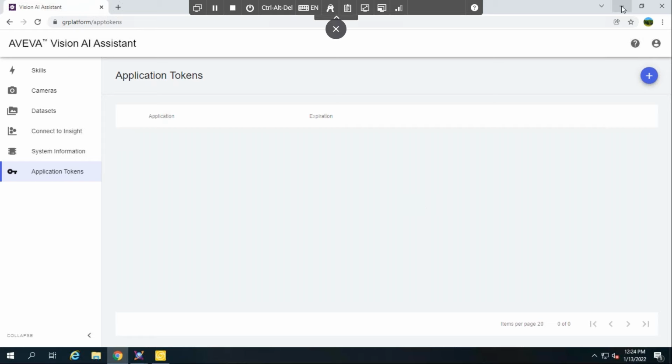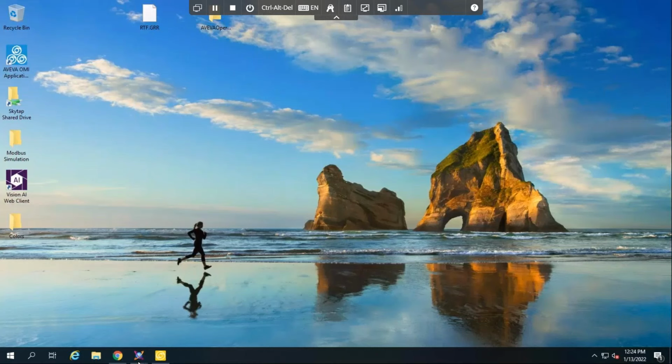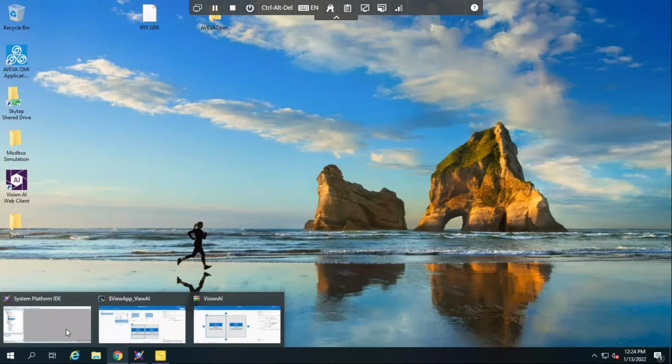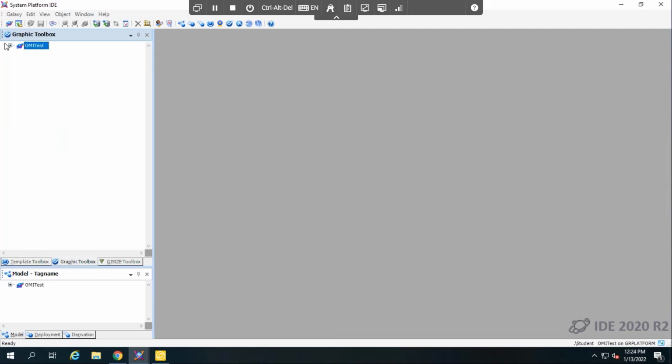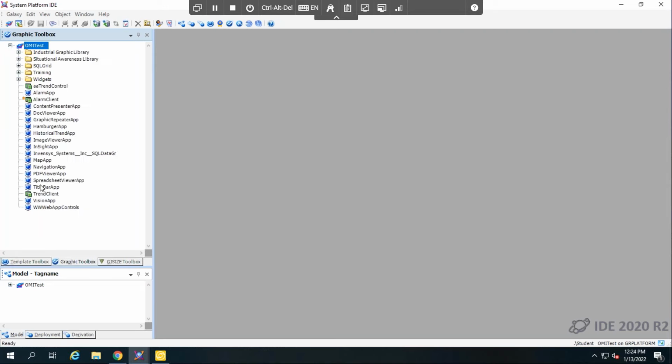Simply import the Vision AI assistant, and I already have done this. You have it under graphic, I already prepared one under graphic toolbox in system platform. You only have to import, and there is some configuration to do with some files. It's already in the manual. So once you imported,